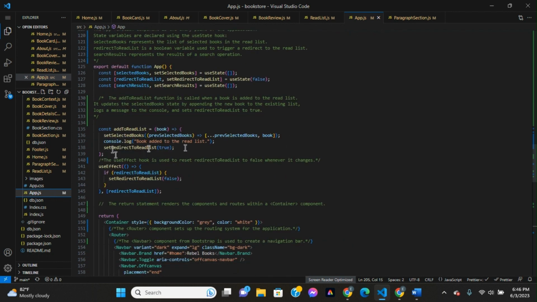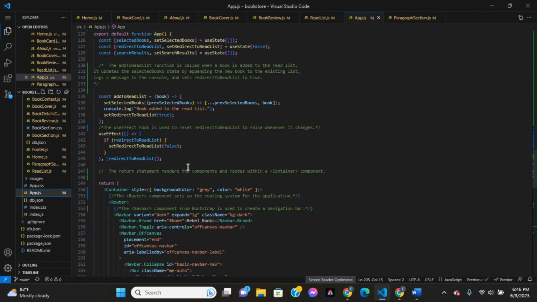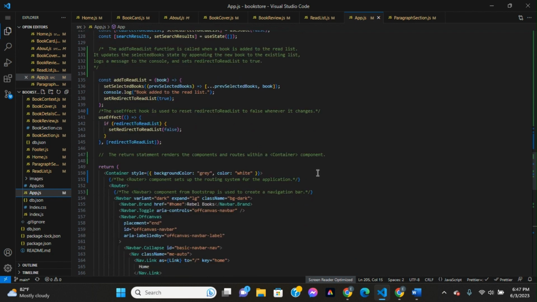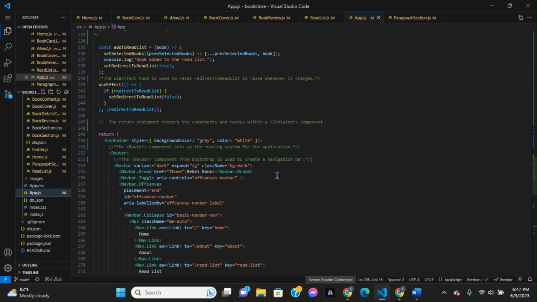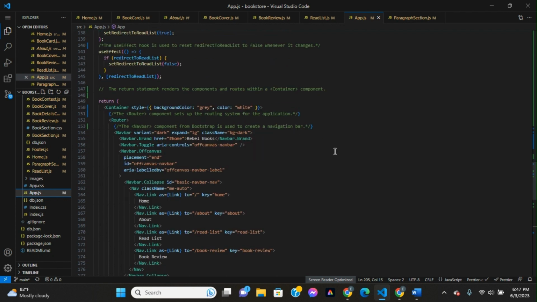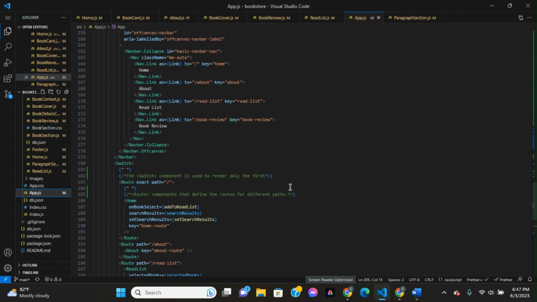The useEffect hook is used to reset redirect to read list to false whenever it changes. The return statement renders the components and routes within the container component. So that's the return here. The Router component sets up the routing system for the application. The Navbar component from Bootstrap is used to create the navigation bar. The Switch component is used to render only the first